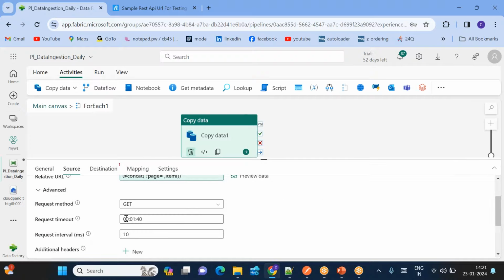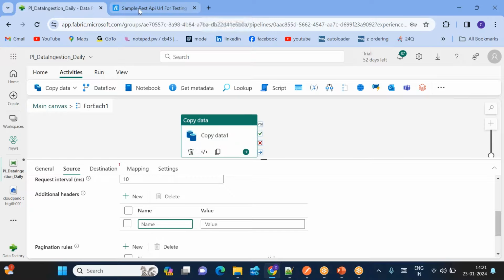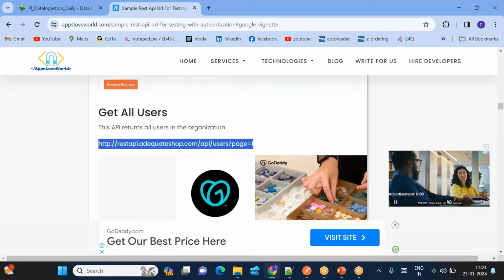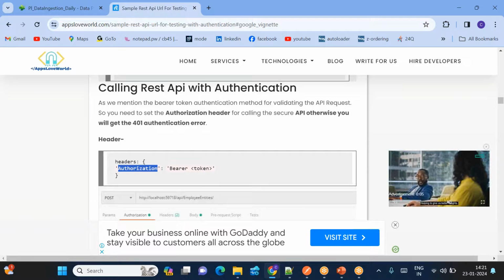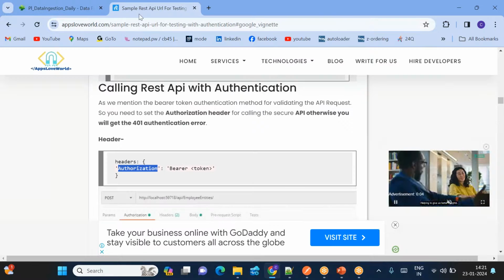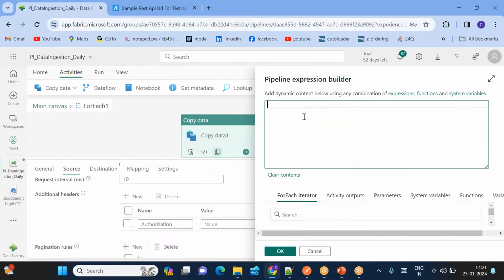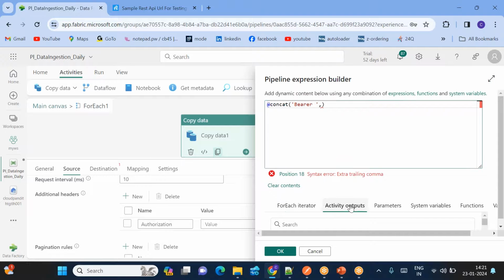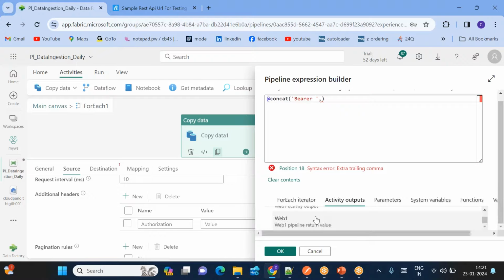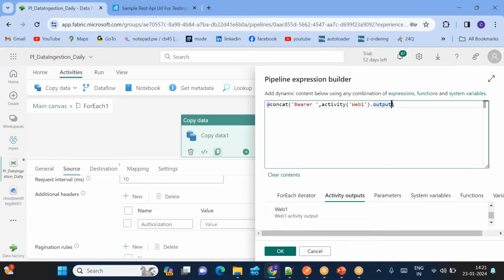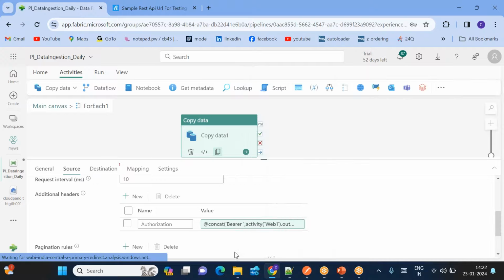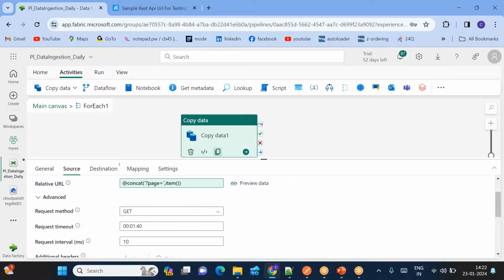But in order to connect and read the data from the REST user data, we need to add headers. Here, let's add the same formula that you have used in our lookup. So the key should be Authorization and the value should be Bearer. You can see concat of Bearer, comma, the web activity output we need here. Web activity output dot data dot token we need. That's how, if you pass this token, we can read the data from each